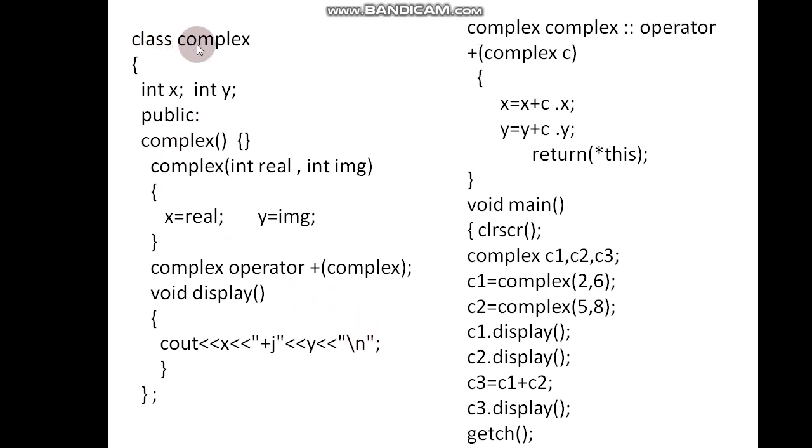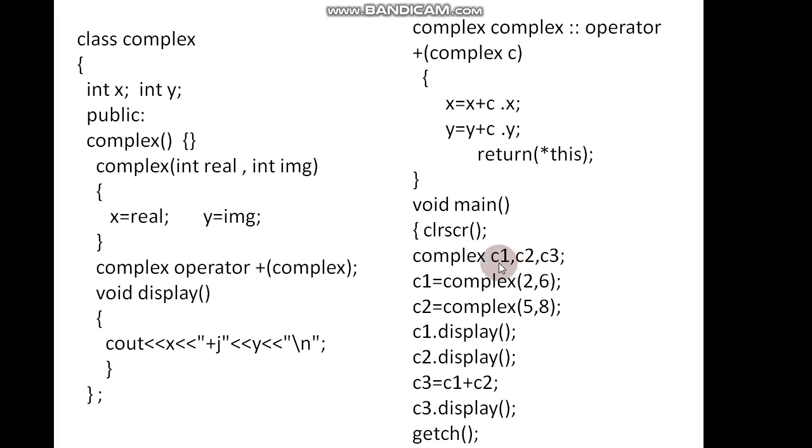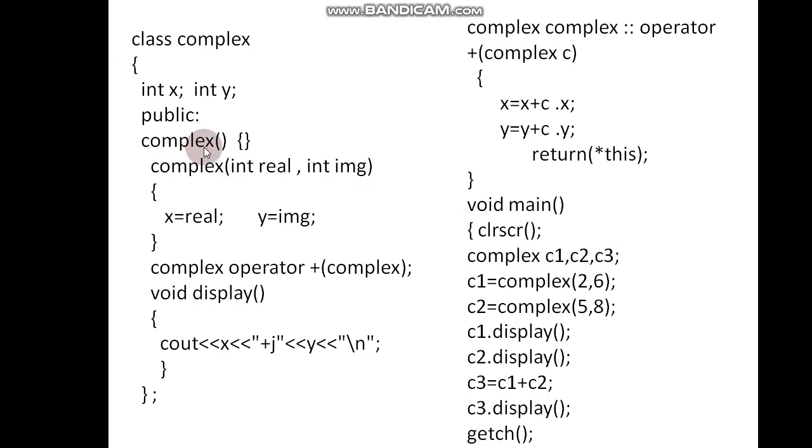Now let's see the class complex. X and Y are the data members. X is the real part, Y is the imaginary part. In public section we have a do nothing constructor because we are creating C1, C2, C3 without passing any parameters in this statement. Then we are calling the constructor function explicitly, but when the objects are created we are not passing any parameter, so we should have a do nothing constructor.